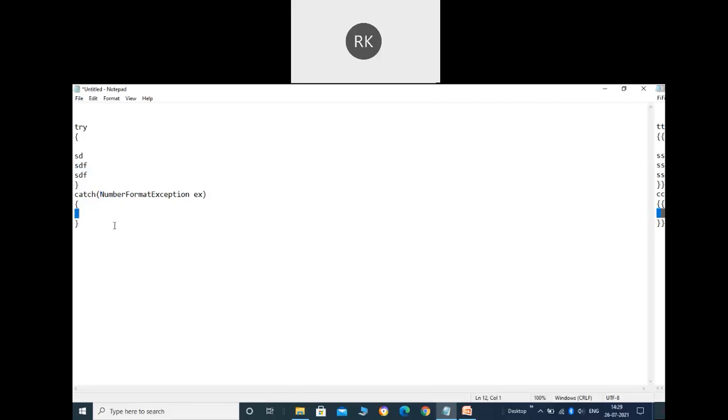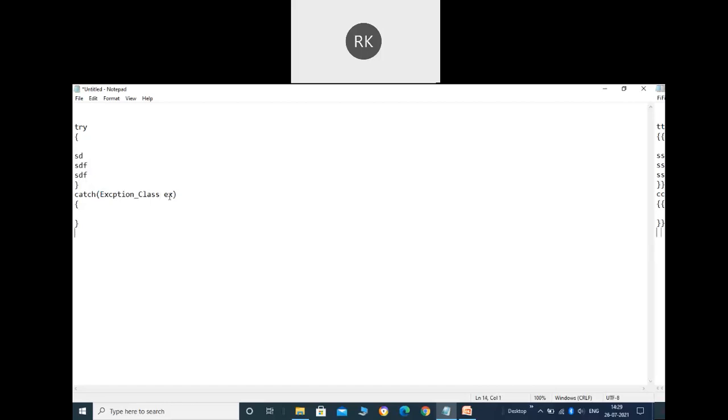All right. So here we'll be having what? The first parameter will be the exception class. We have lots of classes here; we'll see that. And then the name of the object. You can have whatever name you like. Generally we make use of ex, but you can have any name.